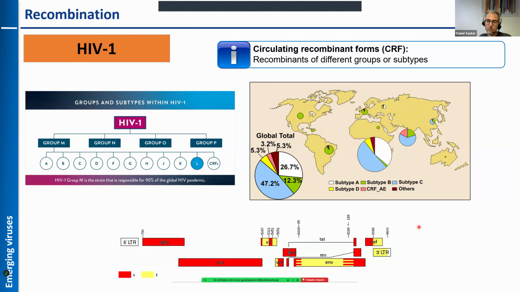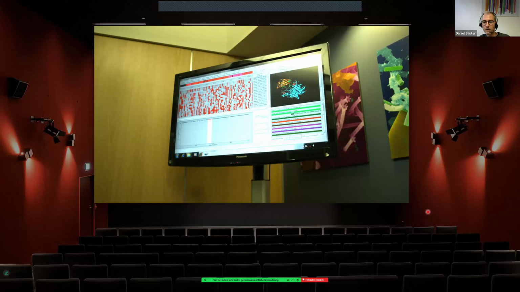So how can we determine whether a virus is a recombinant form and derived from 2 different other viruses? Oh, sorry, I forgot about this. There's also a nice movie scene in the movie Contagion where they actually talk about recombination. So the virus that causes the outbreak in the movie is actually also a recombinant virus. So let's just have a quick look at this scene also.